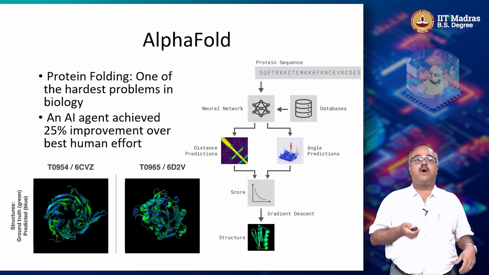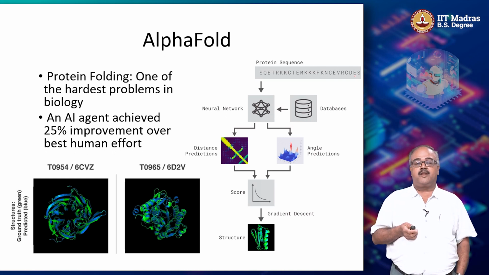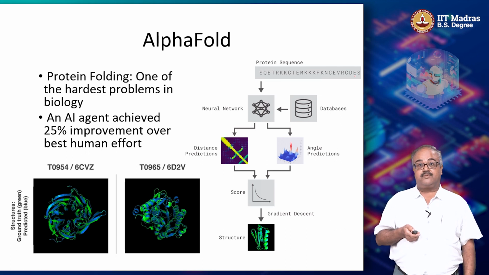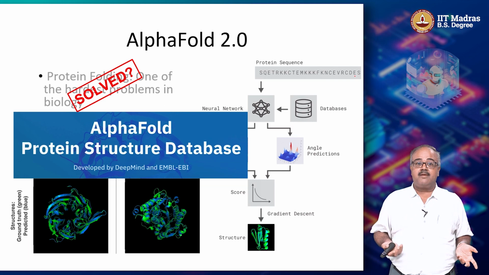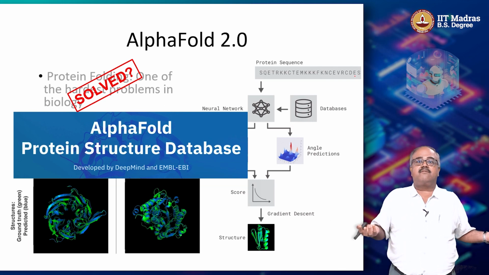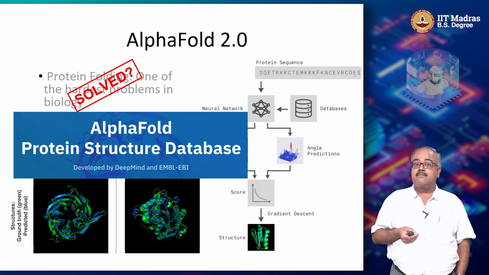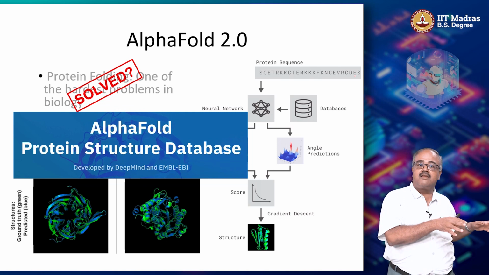And people were saying, wow, I don't know whether humans should work on this protein folding problem anymore, so the AI seems to be doing it so much better, and so on and so forth. But they didn't know what was coming. So when AlphaFold 2.0 came, it was able to predict 97% of the structures accurately. Right? So people started declaring that the protein folding problem is solved, right?